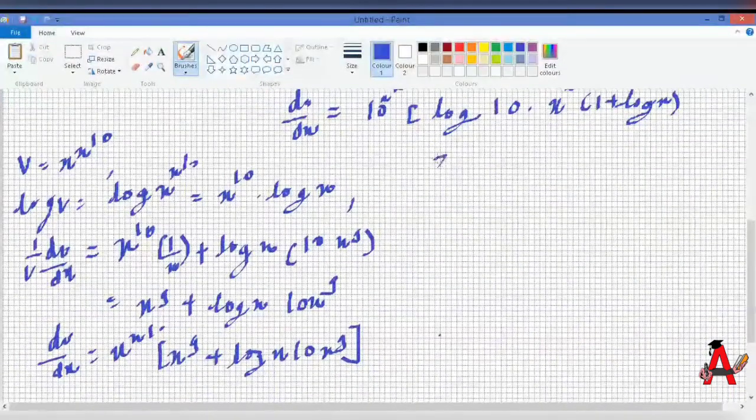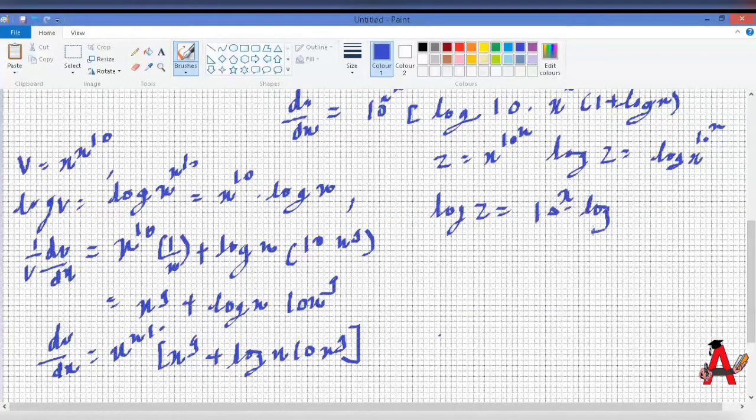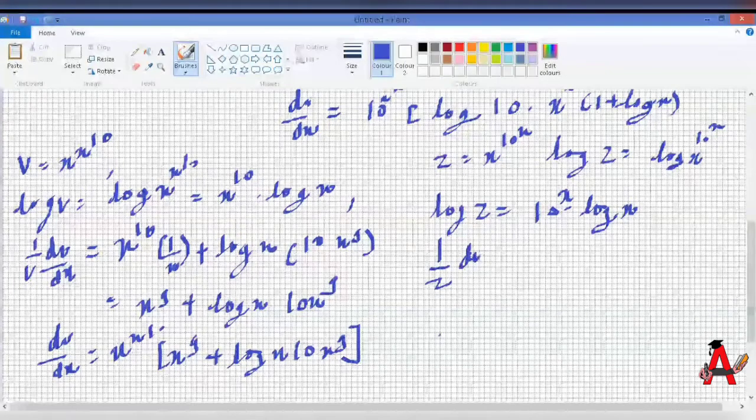Let z be x raised to 10 raised to x. This can be written as log of z is equal to log of x raised to 10 raised to x. Now this 10 raised to x will come here. It will become log of z is equal to 10 raised to x into log of x. Now again this is u into v. This will become 1 upon z dz by dx